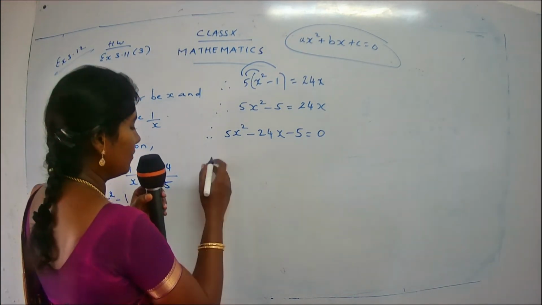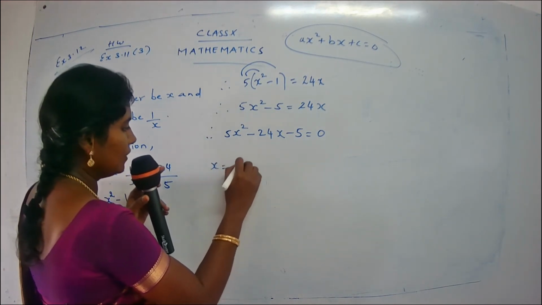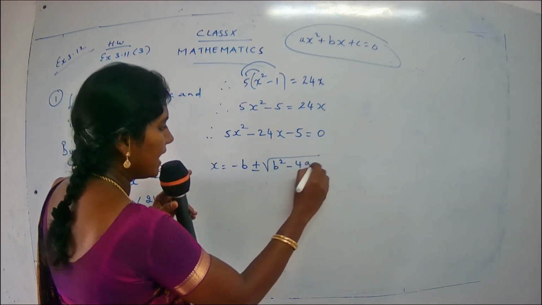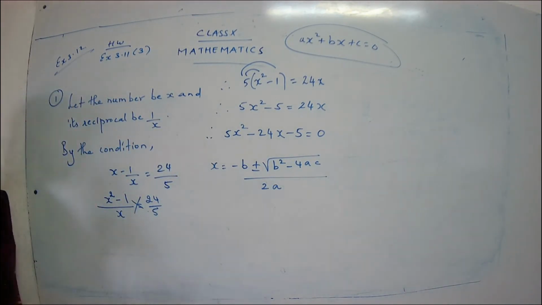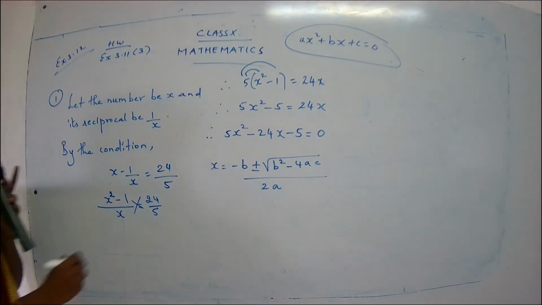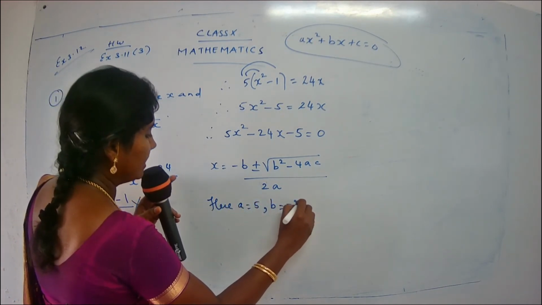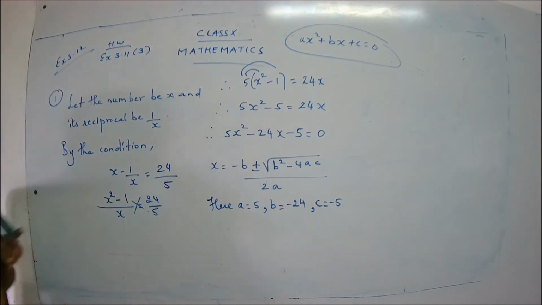So here we are going to follow the formula method. So here, what is the formula? I'll write the formula first of all. We have to find the value for x. So x is equal to minus b plus minus square root of b square minus 4ac upon 2a. Okay, so I have to know the value for a, b and c. What is the value for a, children? Yes, it's 5. Good. So here, a is equal to 5, b is equal to minus 24, and c is minus 5. So just put all the values in the formula and try to simplify it.